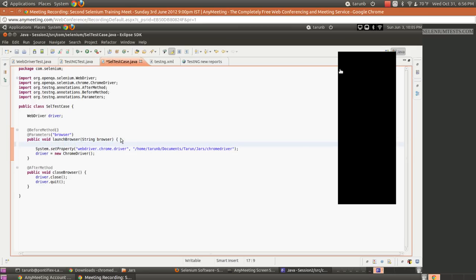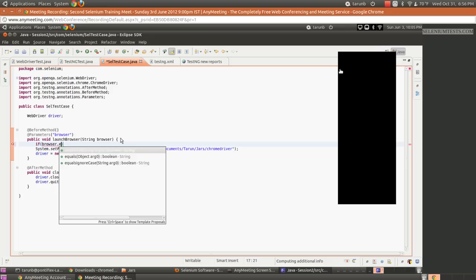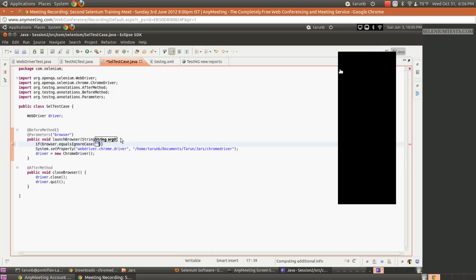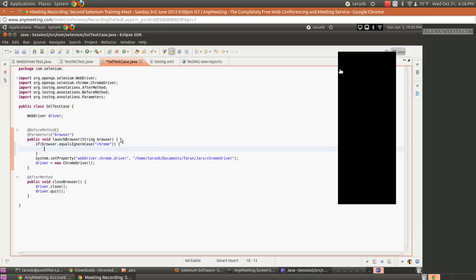Okay, now we will do some if else here. So we will say if browser dot equalsIgnoreCase. So we have two values there, Firefox and Chrome, right? So we'll take both of them. Chrome, then do this.